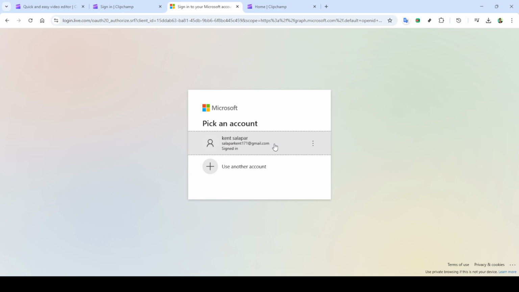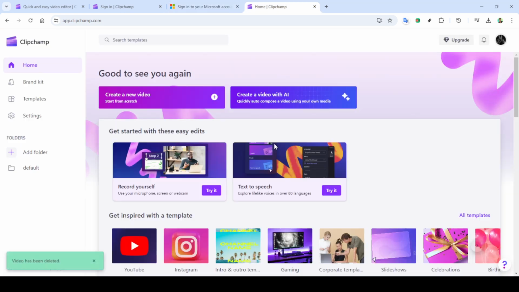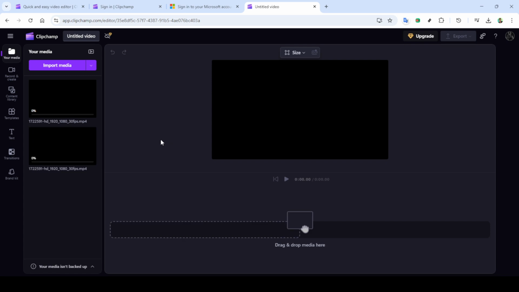If you're not already signed in, you'll want to click on Sign In, prominently displayed on the home page. For ease, you can continue by selecting the Continue with Microsoft option, and from there simply select your Microsoft account from the list provided. Once you're logged in and on the Clipchamp homepage, you're going to start a new video project. Look for the Create a New Video button and give it a click to open up your blank canvas